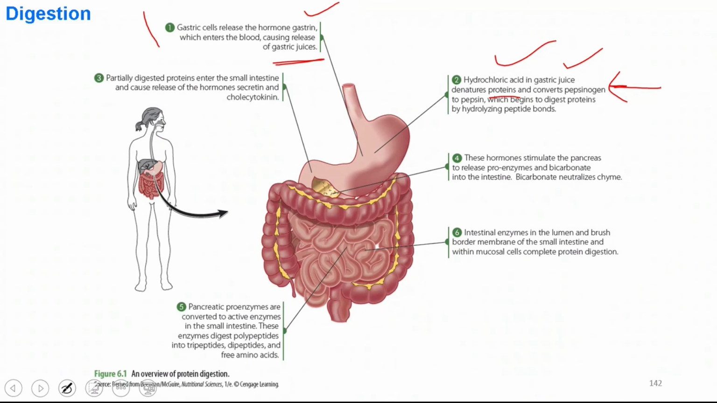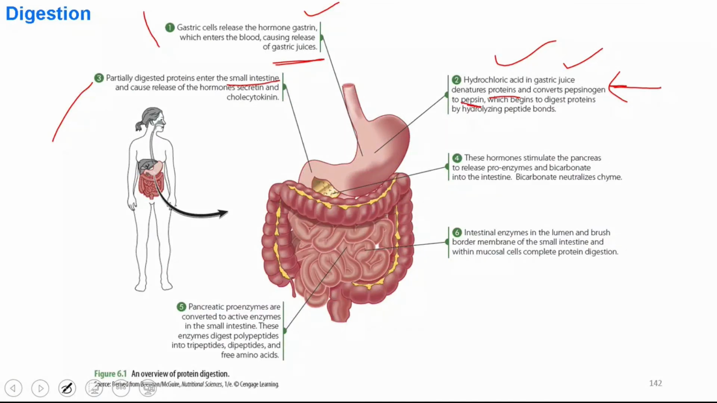और पेप्सिनोजिन HCl की मौजूदगी में, लो पीएच की मौजूदगी में पेप्सिन में कन्वर्ट हो जाता है. ये पेप्सिन लिखा हुआ है. पेप्सिन में कन्वर्ट हो जाता है, और पेप्सिन फिर प्रोटीन्स को हाइड्रोलाइज करता है, दूसरा स्टेप. तीसरा स्टेप क्या होगा, partially digested proteins enter the small intestine, स्मॉल इंटेस्टाइन में एंटर होती हैं